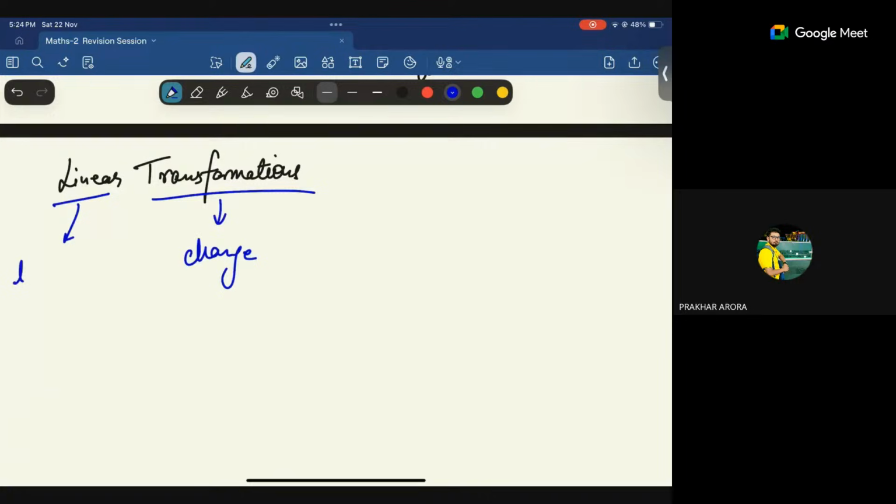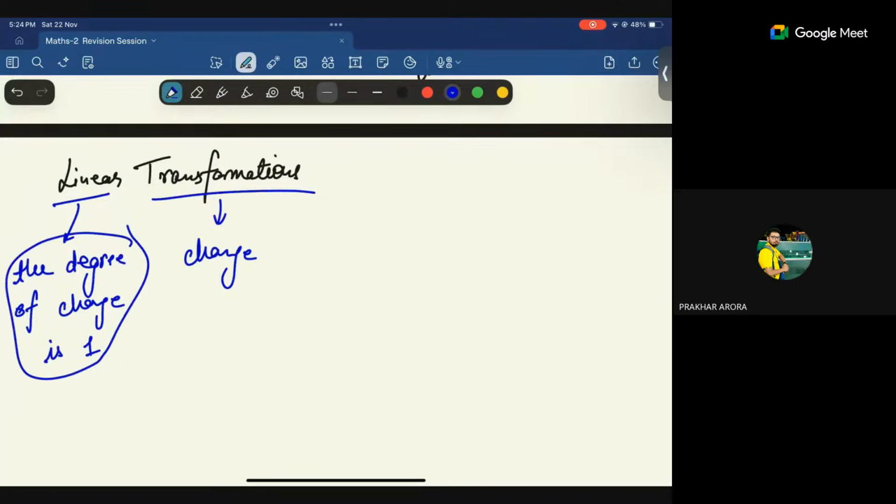That the degree of the change is 1. The degree of the change is going to be 1 only. This is not a mathematically sound meaning of linear. This is nowhere close to that meaning. Linear in mathematical terms comes from the conditions of linearity, which we have all studied and will revise in a few minutes. But we are not getting into the mathematics, we are trying to understand the topic here. We will come to the formalism of mathematics later.